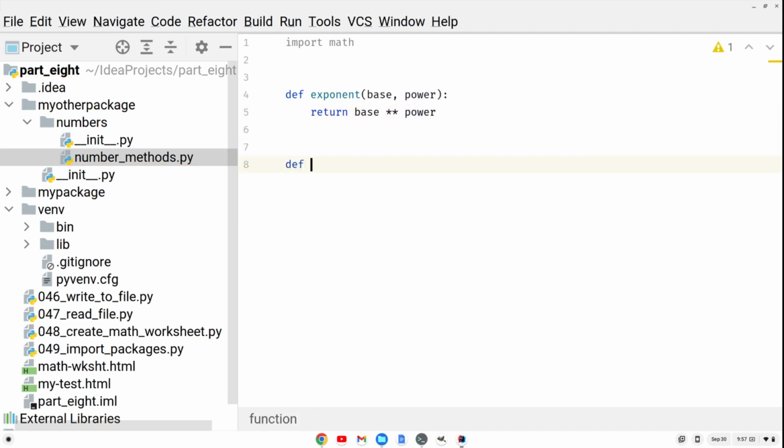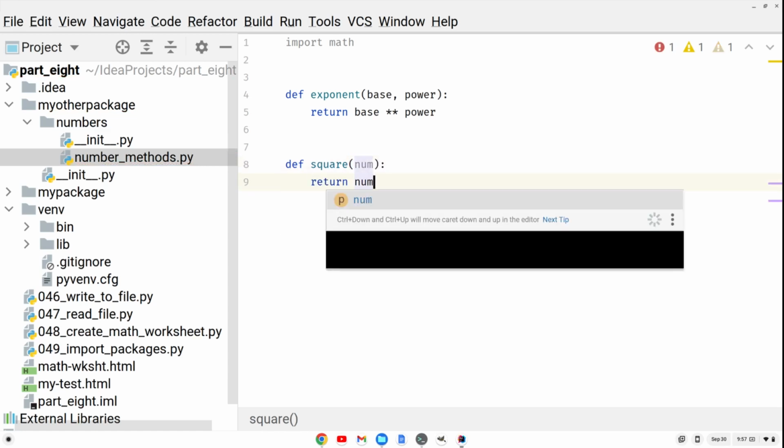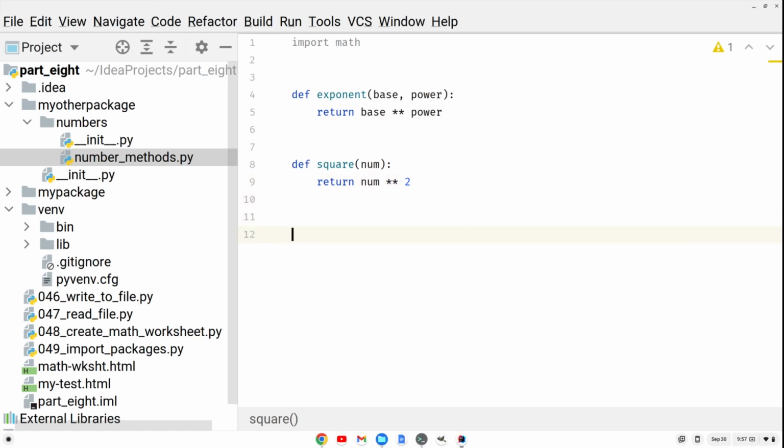And let's create something different. Let's create a square function, takes in a number, and just squares it. So it returns num squared. And let's create another one, a cube function, takes in a num, and returns the num cubed. Okay, so some basic ones there. All right, so we got that. What else? Just want to make sure. Okay, so in